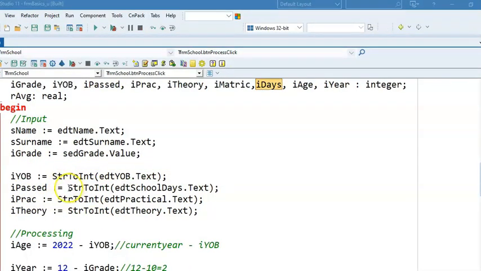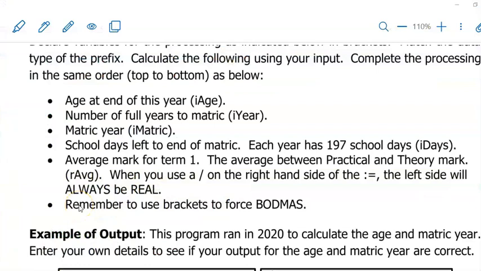You will now follow the same process for iPassed, Prac, and Theory using the correct objects on your form, and all of them are integers. They're all getting values from a text property, which is string, so each one of them would need string to int. Now we are asked to do some processing, and again, just for this activity, I have provided you with